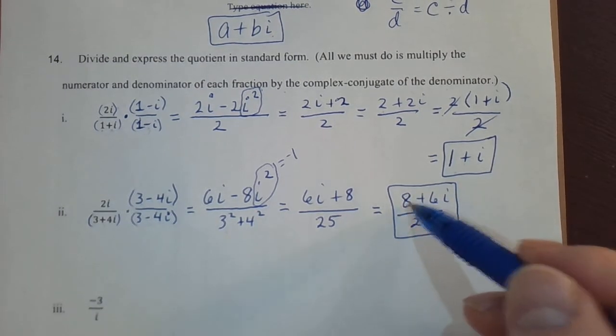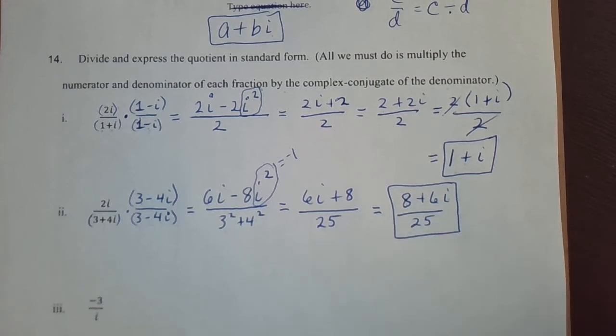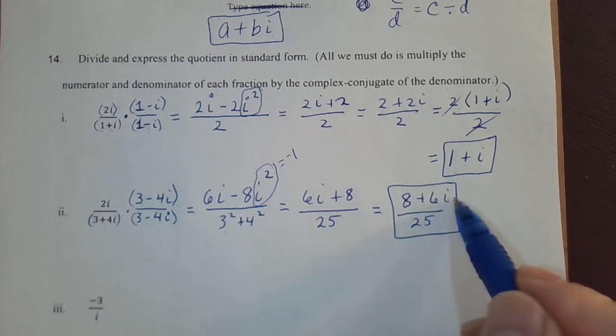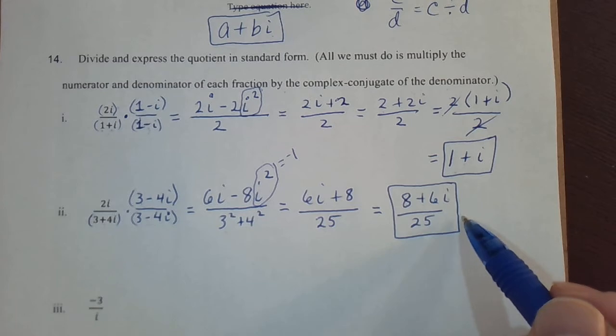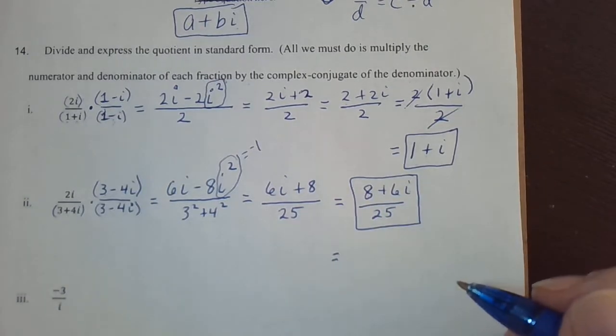I mean, if this were a 5 plus 5i, and you had a 25 underneath here, you could do some reducing. But as long as you have a complex number in a plus bi form over a real number like this, I'll accept this. The preferable way is writing it like a plus bi,